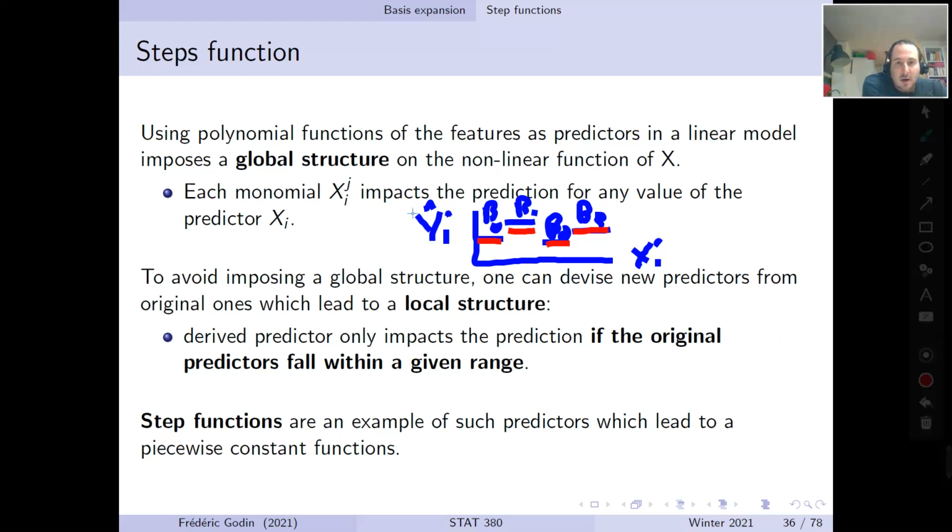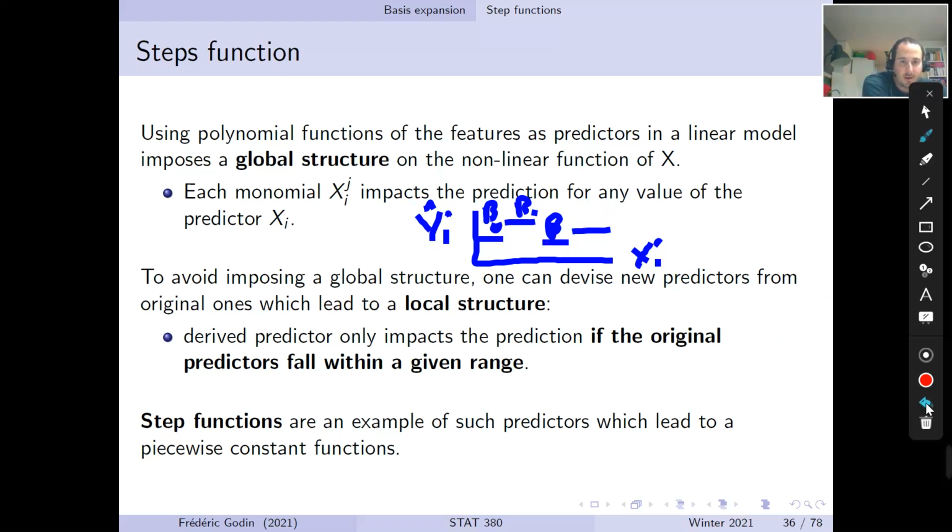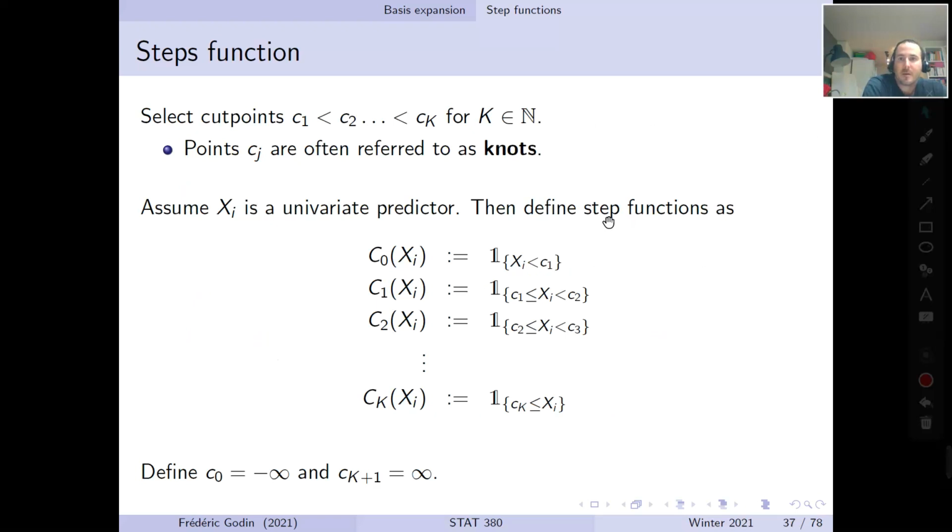Okay, so how do we come up with these types of prediction function? This is what we're going to discuss next. Okay, so how to get step functions as predictions? The idea is to follow the following recipe, which is first you select cut points C1, C2 until CK, which